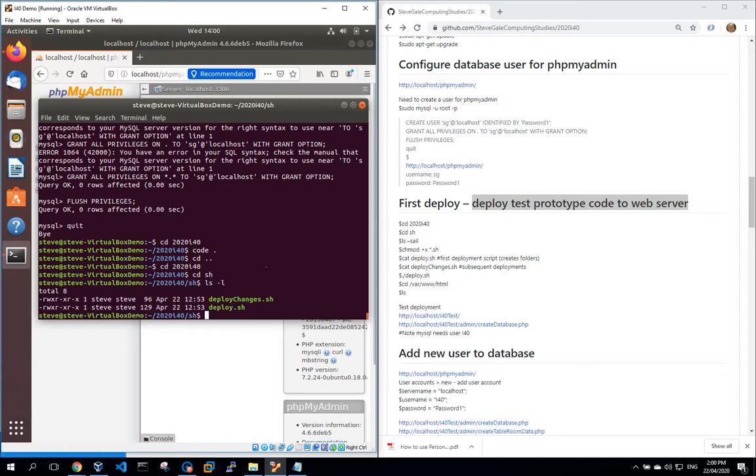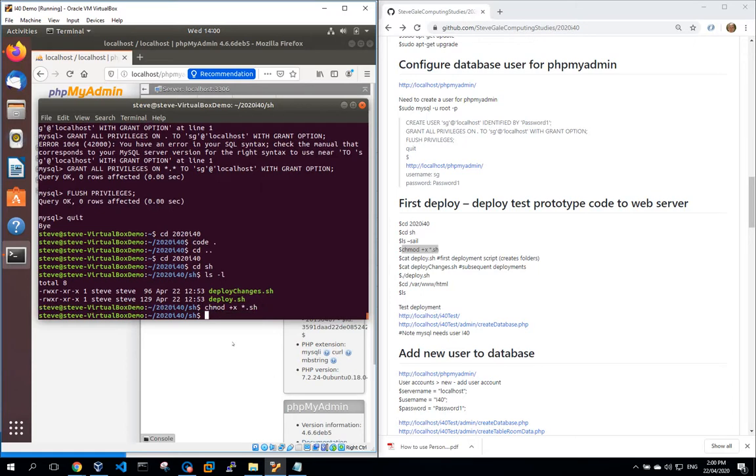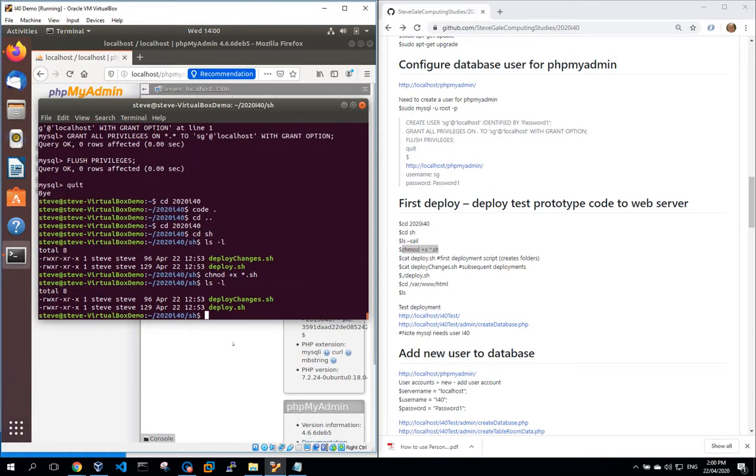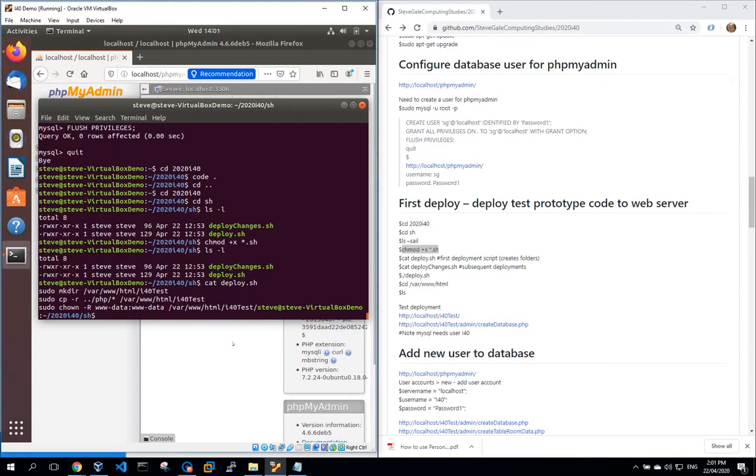But if they weren't, then what I would do is run this command, chmod +x *.sh, and that would then make them executable. Nothing's changed, as you can see, because they are currently executable, so that's fine. So if I do a cat deploy.sh, you can see here that, again, the first thing that this does is create a directory called /var/www/html/I40 test. So what I might do is run up another terminal window